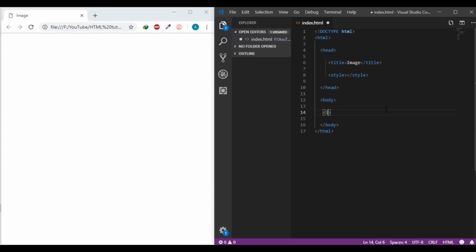So here is an image tag, just start tag without end tag. Then src, like what we have seen in attribute lesson. Then the directory. So what is the directory? So the directory is the file that contains the image, and then the name of the image, and finally the type of the image, JPG or PNG or GIF. So the image that I want to add is,